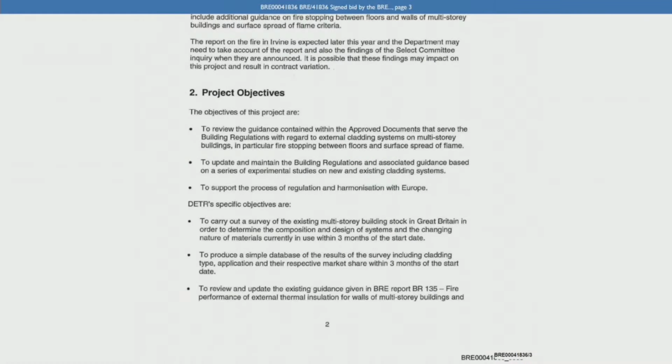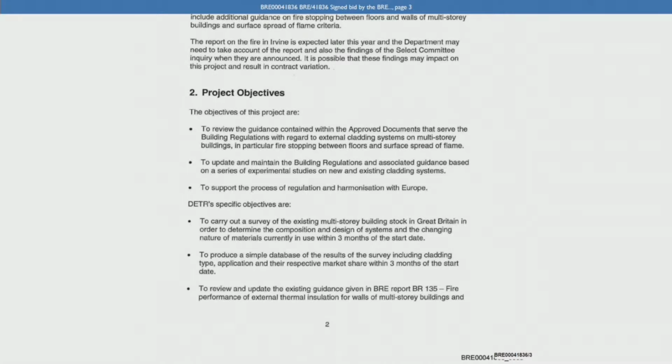And we can see the project objectives there, and there are 3 bullet points. To review the guidance contained within the approved documents that serve the building regulations with regard to external cladding systems on multi-storey buildings, in particular fire stopping between floors and surface spread of flame, to update and maintain the building regulations and associated guidance based on a series of experimental studies on new and existing cladding systems, to support the process of regulation and harmonisation with Europe. And then under those